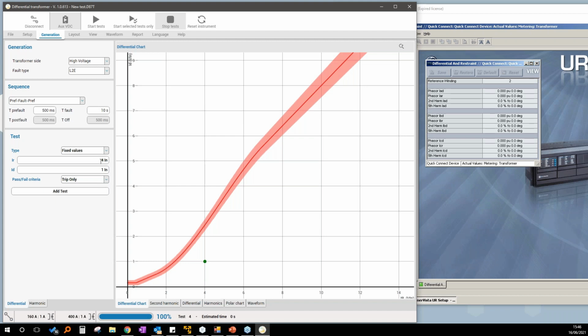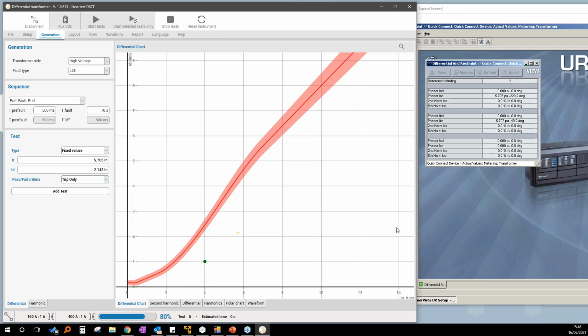So just a last example, I try to input strange values, for example, 5.7, 2.1, add the test, start. You can see exactly this value.